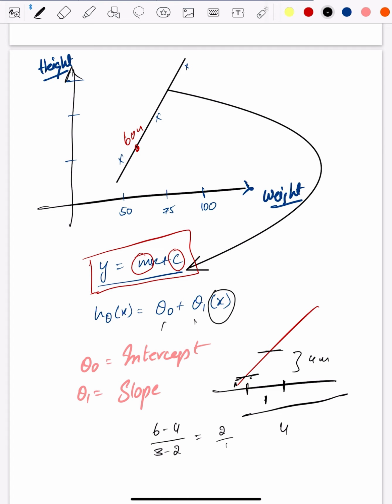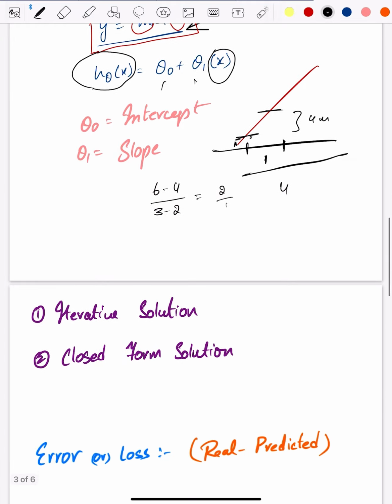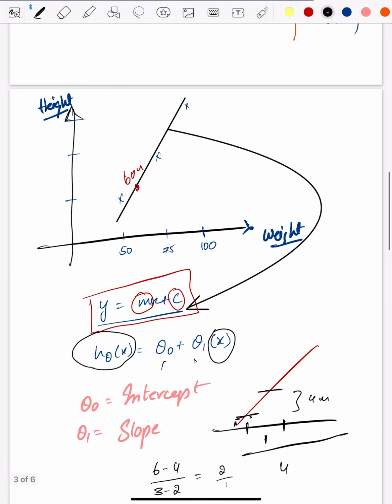You might be wondering what the difference is between these two. It's the same thing, but written in a different notation. Most of the statisticians came up with a concept called hypothesis. We'll talk later about all these hypotheses. The hypothesis is represented by h theta of x equals intercept plus slope into x. That's what a linear regression equation is about.